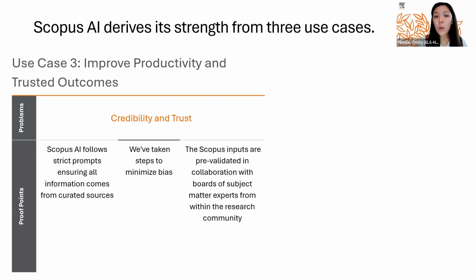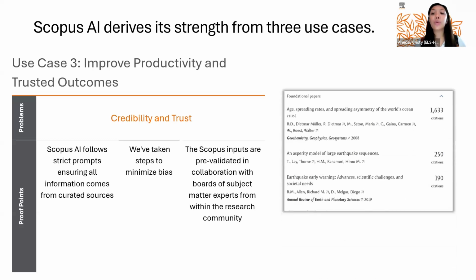And the Scopus inputs are pre-validated because we do have a board that oversees the contents that goes into Scopus. So it is a very thorough and rigid process that our Scopus board uses. And as a result, with the Scopus AI, it is now able to link you to those foundational, credible papers, to authors that have the highest citations or articles that have the highest citations that is relevant to your research topic.